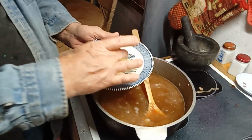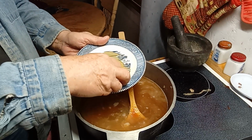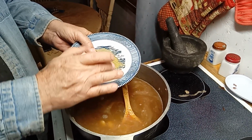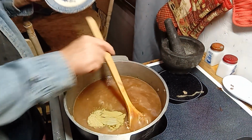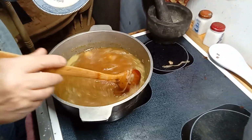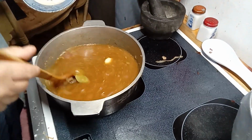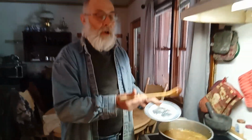Since I don't have the fresh herb to make a bouquet garni, I'm going to just throw in a couple of whole cloves. Ground, this is a half teaspoon each of the thyme and rosemary, and a couple of bay leaves there. We're just going to put that in. Give that a swizzle. Alright, we're going to let this simmer for about 10 or 15 minutes, let these flavors come together. And in the meantime, we'll cut up some...